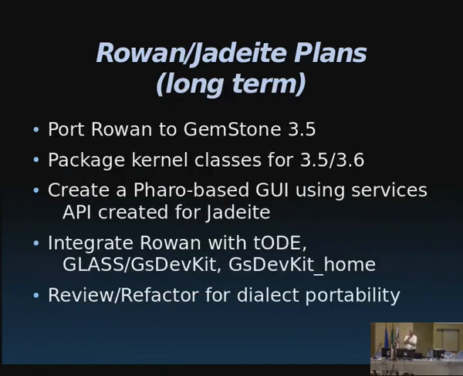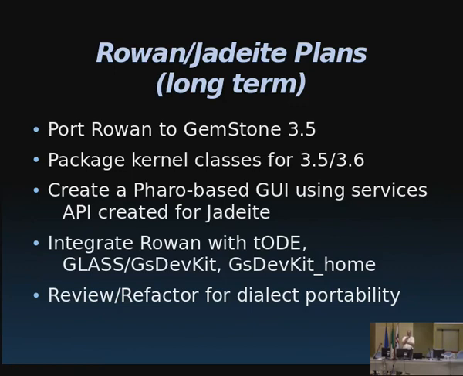And the longer term things for the Jadeite plans is to port Rowan to GemStone 3.5, which is currently in development, and package the kernel classes, so actually use Rowan as part of GemStone, and that will go on in the 3.5, 3.6 timeframe. We have plans to create a Pharo GUI that uses the same set of services that we created for Jadeite,